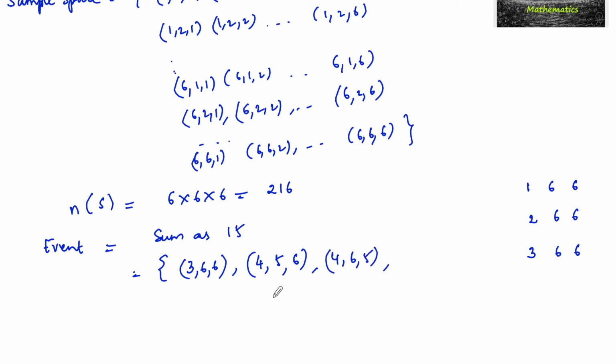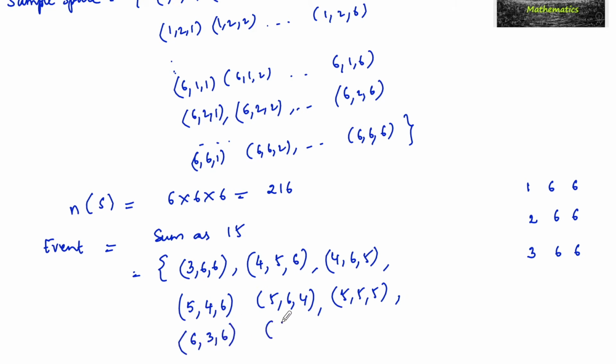Then we can write 5 comma 4 comma 6, and we can write 5 comma 6 comma 4, and then we can write 6 comma, and even we can write 5 comma 5 comma 5, 3 fives are 15. So 5 comma 5 comma 5, and then 6 comma 3 comma 6 we can write, or 6 comma 6 comma 3 we can write,